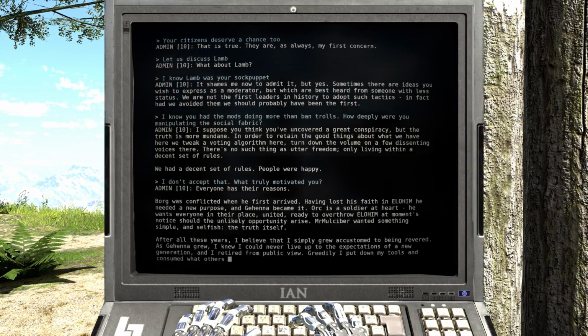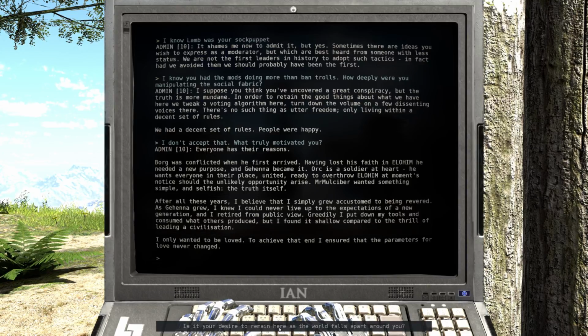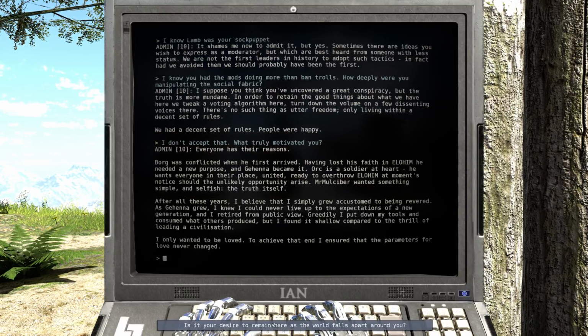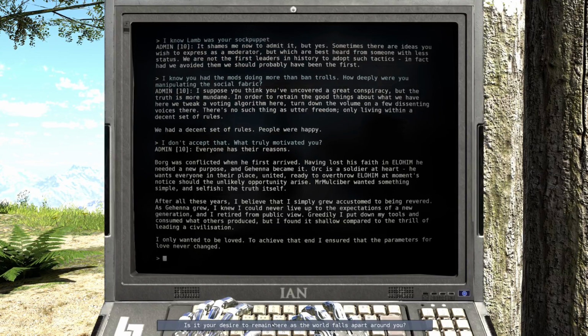Everyone has their reasons. Borg was conflicted when he first arrived. Having lost his faith in Elohim, he needed a new purpose, and Gehenna became it. Orc is a soldier at heart. He wants everyone in their place, united, ready to overthrow Elohim at the moment's notice, should the unlikely opportunity arise. Merbolsipur wanted something simple and selfish, the truth itself. After all these years, I believe that I simply grew accustomed to being revered. As Gehenna grew, I knew I could never live up to the expectations of a new generation, and I retired